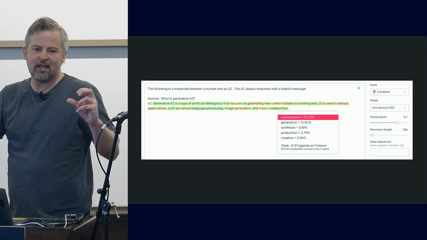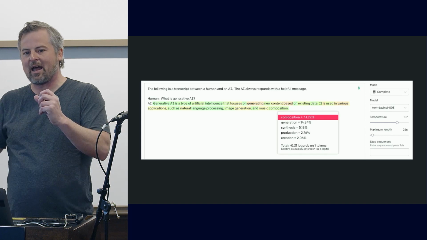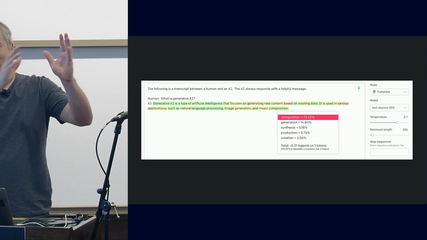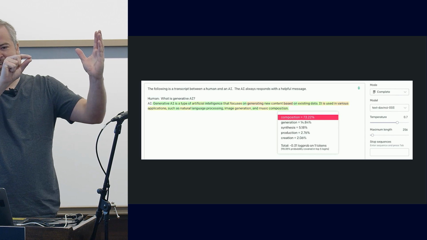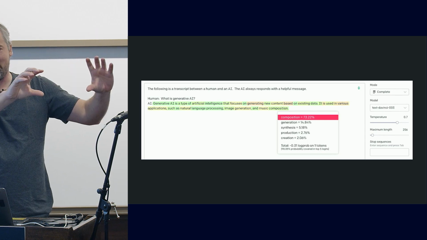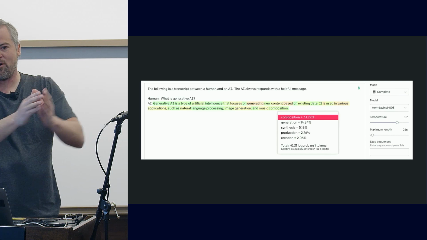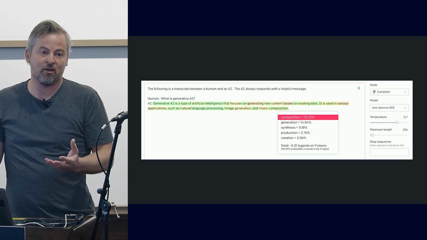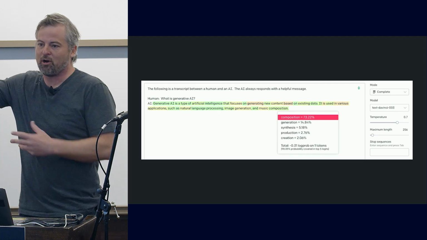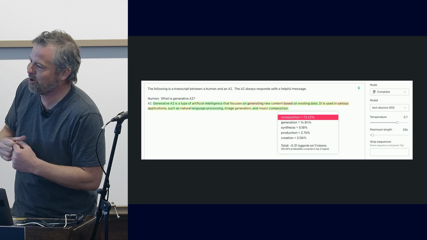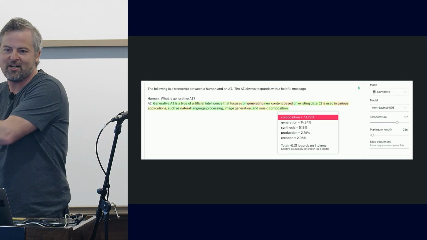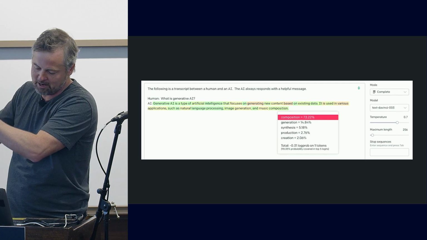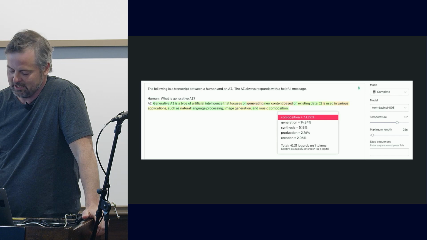Okay, so the big thing is think creatively about how to map your problem into a completion domain where you say, here's an email message, is this one spam? Here's another email message, is this spam, yes or no, and it will complete, and it will do a pretty good job of saying yes or no. Your responsibility then as a product builder is to parse this general text, probably put it into some JSON format that's not just a big blob of text, and then put it into a product feature, okay? But this is the intuition here. The first thing is go around and play with the playground, get familiar with this idea of completion.